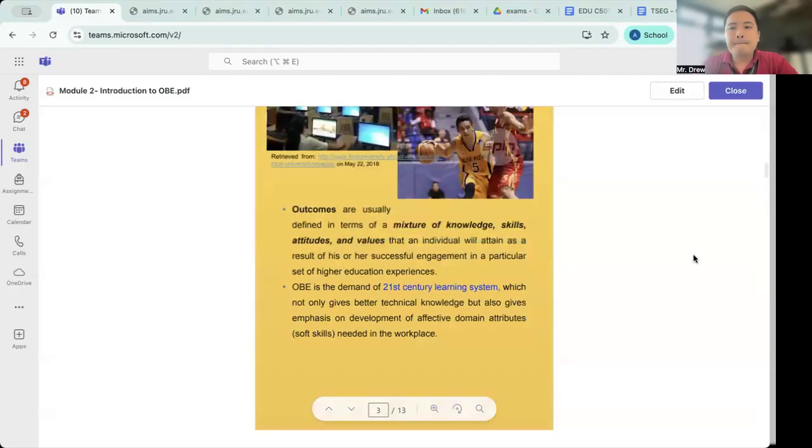So OBE is considered the demand of the 21st century learning system. Today's learners must go beyond memorization of facts. They need to develop critical thinking, problem solving, communication, collaboration, and lifelong learning skills. Employers and industries are now looking for graduates who are not just knowledgeable, but also competent and adaptable in real life situations. And this is why OBE is the model that best prepares students for the challenges of the